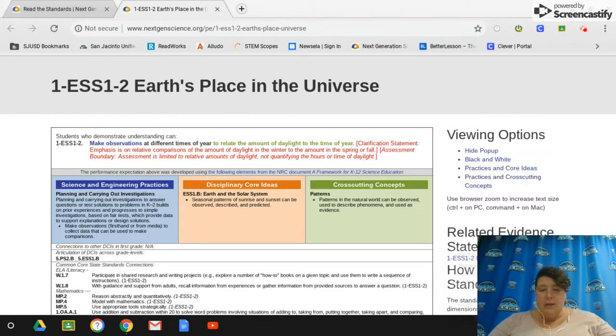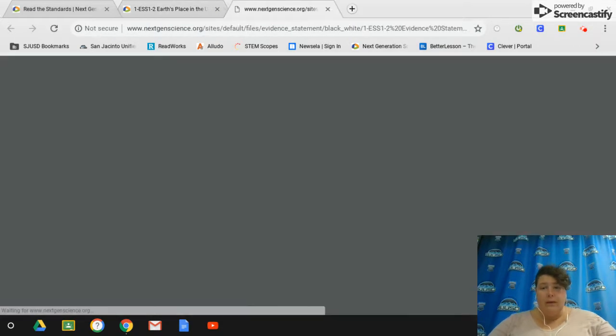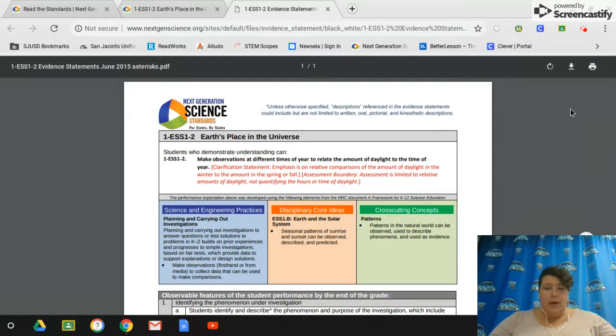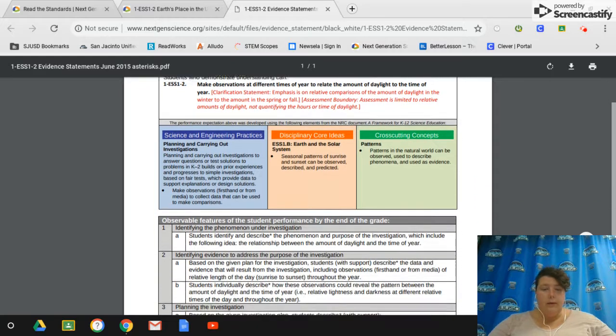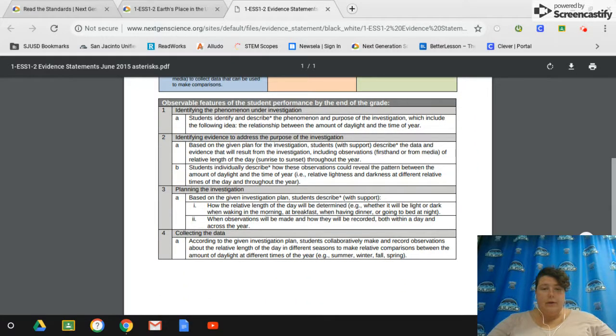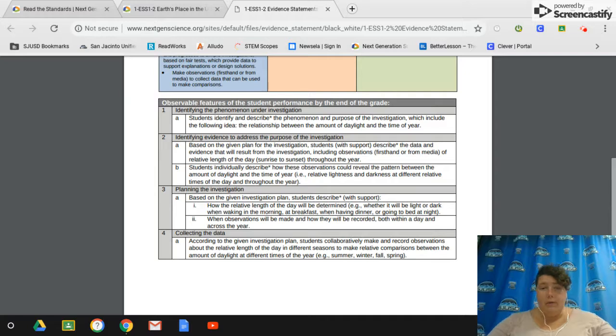If you continue down now to the related evidence statements, if you do not know what the evidence statements are, this is the tool that's going to help you understand what you're going to be expecting from your students. When I click on that, it gives me a document that looks similar to your standards, and it does have the top information. We have our SEPs, our DCIs, and our cross-cutting concepts. But when we scroll down, we see there's a new section called Observable Features of the Student Performance by the End of the Grade. This is where you can find literal examples of what you can expect the students